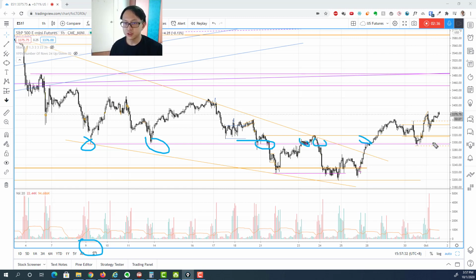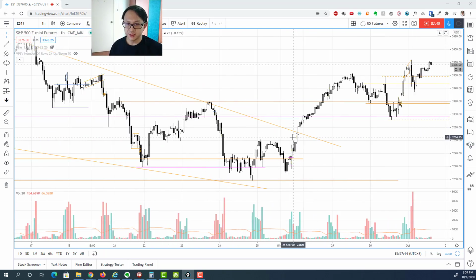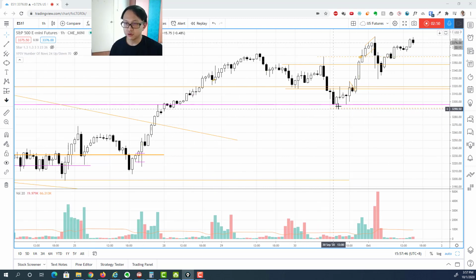So quite a lot of interaction at around 32.95, or you can just call it about the 3300 level as a round number. And we can see that the price actually rebounded from the level and subsequently had a bit of testing going on. So it touched and went up, got rejected, and had another test before it actually took off to go straight up